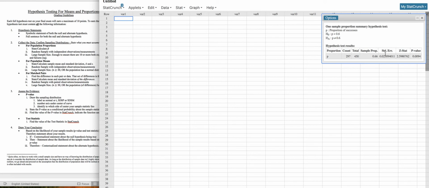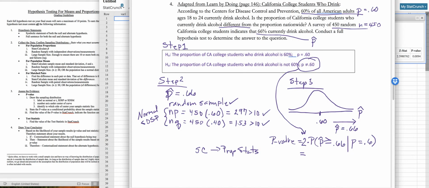Standard error, this is the standard deviation of that normal sampling distribution we used to calculate with that formula. Here it is right here in this answer. We don't really concern ourselves with that anymore. StatCrunch would have used that to calculate the p-value, but here's our p-value right here. That's all that we need. I'm going to go back to my paper. So my p-value is